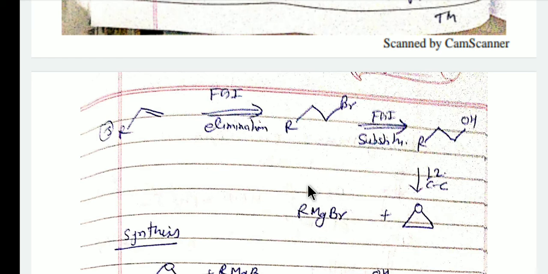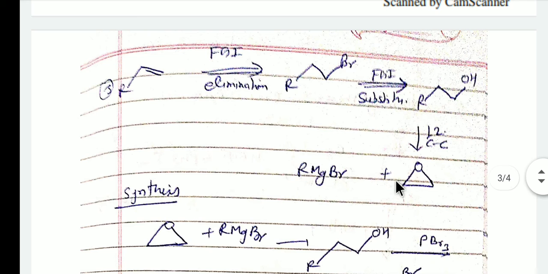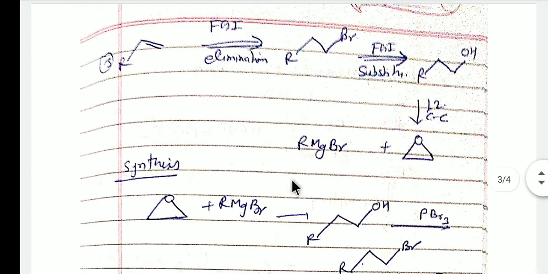And R minus is formed here, which adds MgBr, so we obtain RMgBr. R minus here, CH2 plus. So R minus adds MgBr, we get RMgBr, and CH2 plus reacts with O minus because the H is removed as H plus. So H gives its bonding electrons to this oxygen atom. So O minus and CH2 plus form the bond and we get the epoxide. So the starting materials for this target molecule are the Grignard reagent and this epoxide. So by adding these two compounds we get our target molecule.